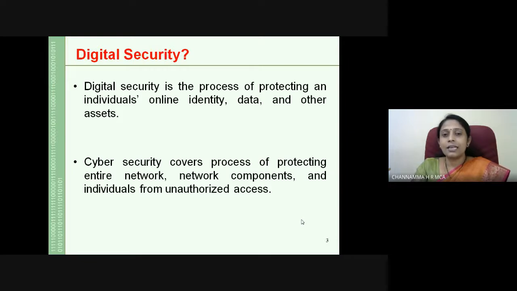So the security level which I want will be different from the security level our PM, Narendra Modi, needs, isn't it? The security level each individual needs is different. So that is also one aspect of why they are different. Any other reasons? One is technology change, and another is awareness. Any other reasons why we could not achieve 100% cyber security?